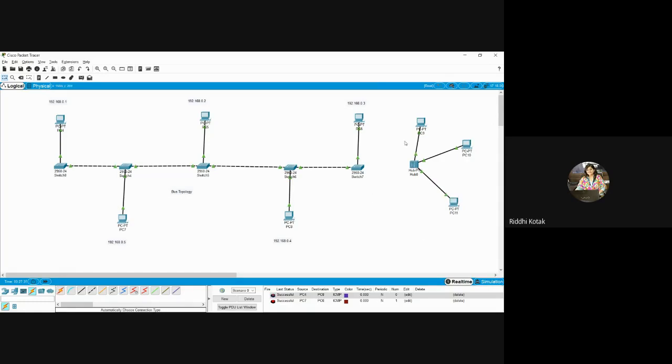So this will work as a star topology. You have to prepare this structure and configure it. So first prepare the star topology.